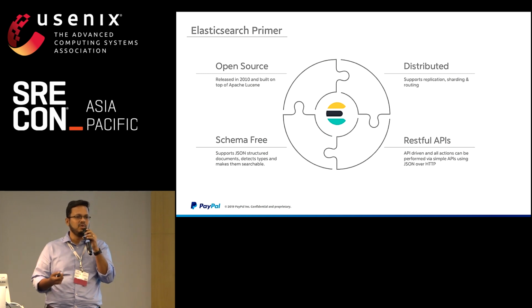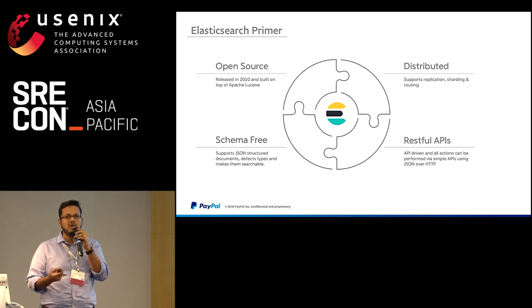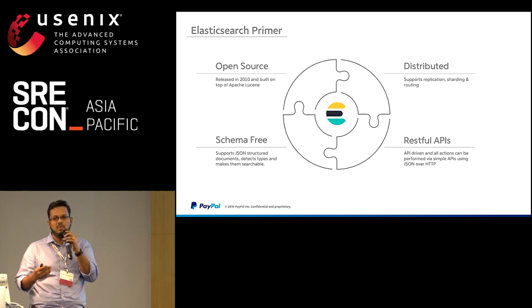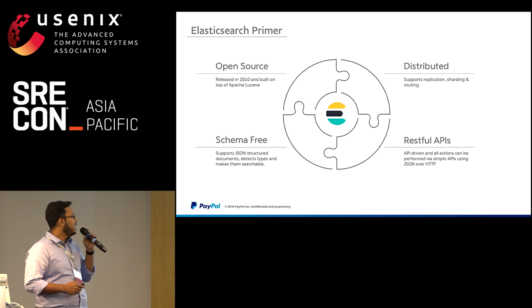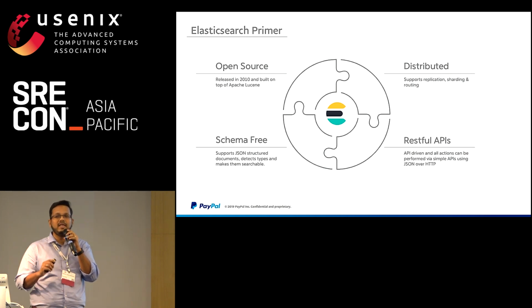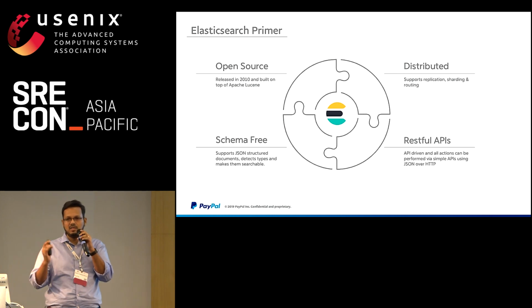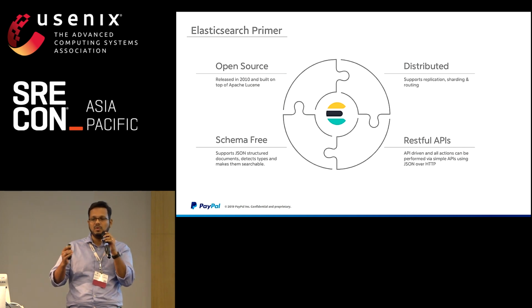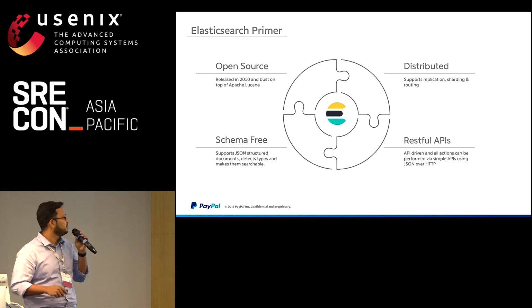Elasticsearch does its best to infer types automatically, but it also gives you the ability to provide an explanation of what the data means. And everything is done via a RESTful API. So pretty much everything, in terms of ingesting data, searching for data, and managing clusters, can be done by firing JSON-based HTTP queries.